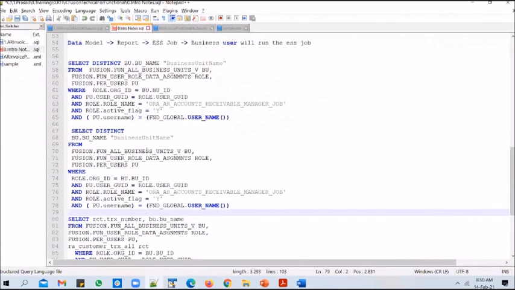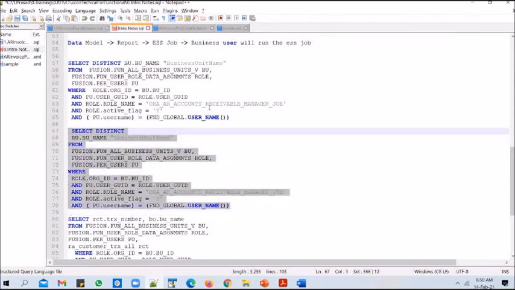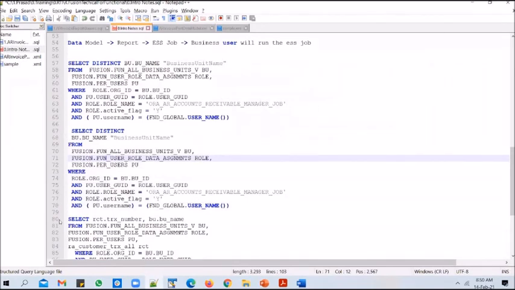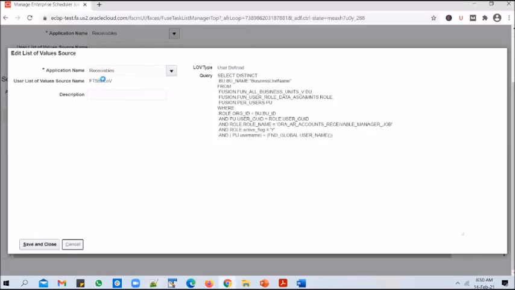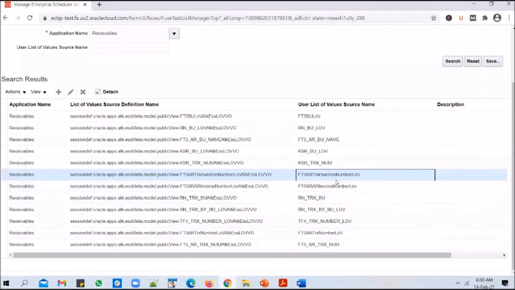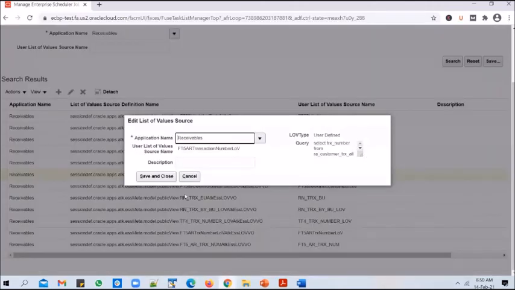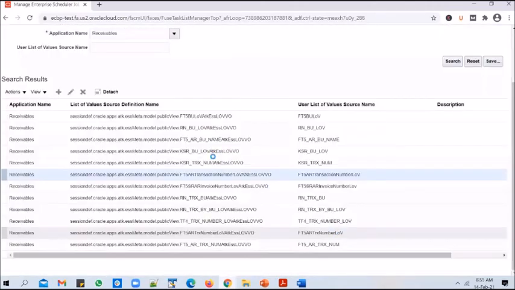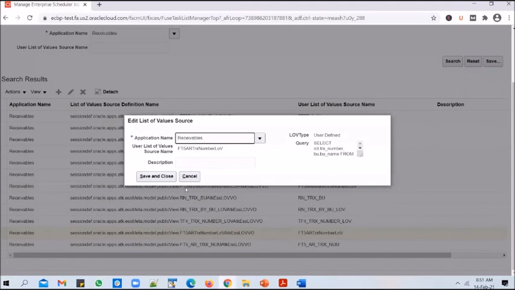Okay, so when we didn't have the bug, it used to let us create a list of values. So we were able to successfully create list of values. So you see the query, nothing has changed in it. But now it's not letting us create it. So we'll go ahead and use these LOVs that we created for the FT5 batch, FT5 BU LOV, and we will use FT5 AR transaction number LOV to define the parameters. You have two options here again, a BU name and the transaction number. On this one, we'll go ahead and pick up the AR transaction number LOV because we need the BU name as well.